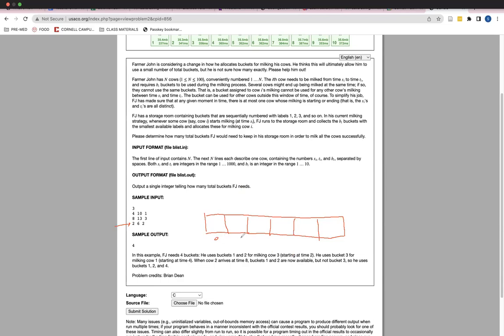So this is index 0, 1, 2, 3, 4, 5, 6, right? So from time 2 to time 6, cow 2 needs 2 buckets. So remember how when you start an int array, everything starts at 0, right? So literally as we go down each line of input, we're going to add this B number from this S to T time. So basically we're going to fill all of these spots